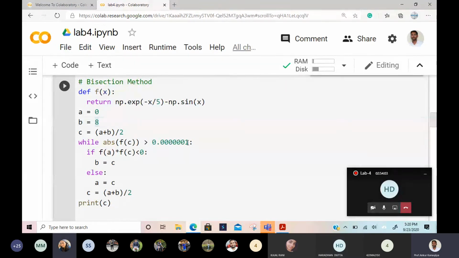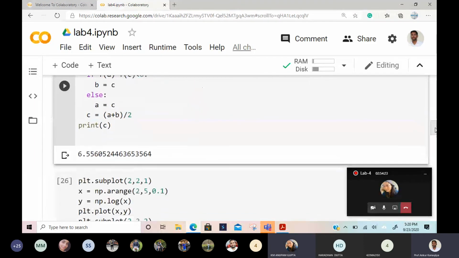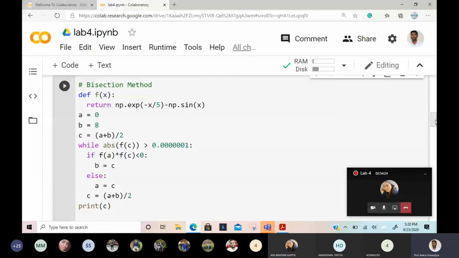Sir, I did the same thing, but it is not working, sir. No problem, I will just share this to you. So don't worry. See, for me it is working. That means for you it should work. Maybe you did something wrong; that's why the problem is coming. Yes, sir. I will share this code to you. Only this much.